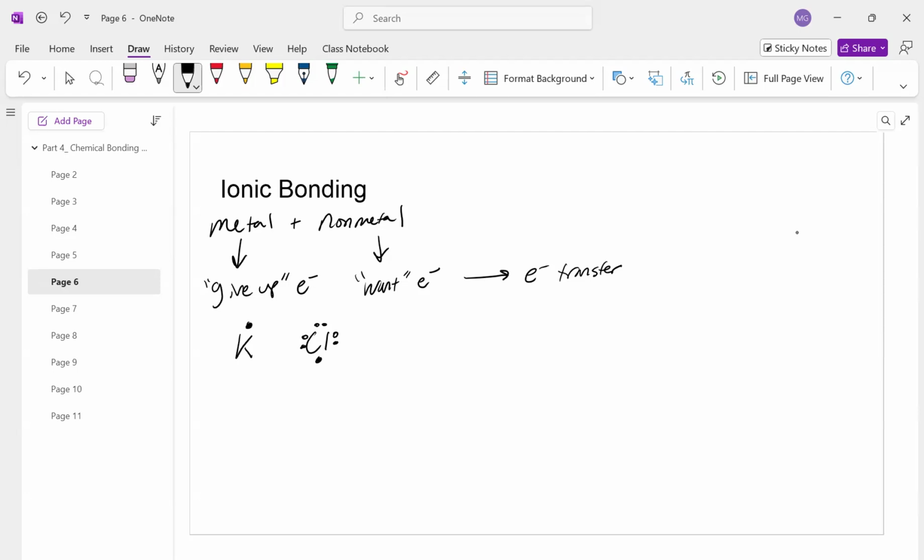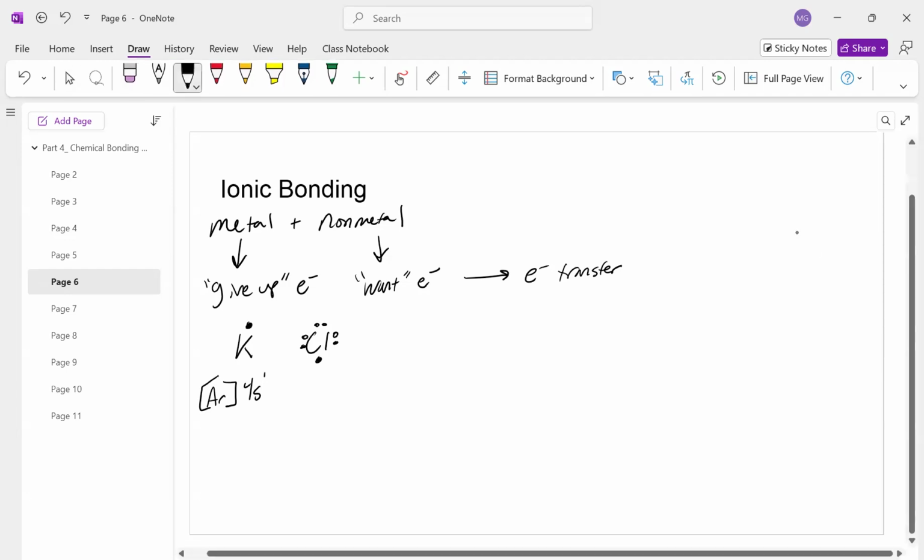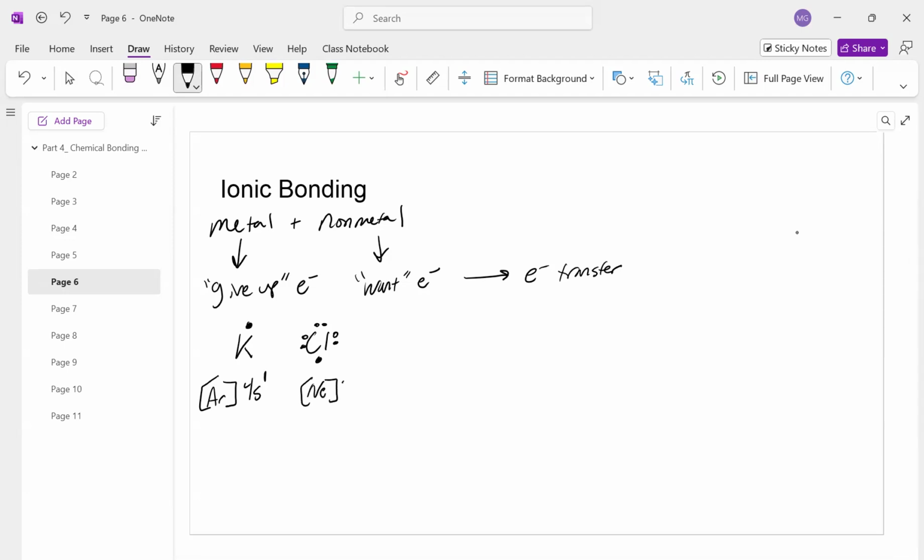And let's draw their electron configurations. I'll use kind of a little shortcut here. So there's the electron configuration for potassium. And here's the electron configuration for chlorine. Now, what do you notice about potassium? Well, if potassium were to give up its one valence electron and give it to chlorine,